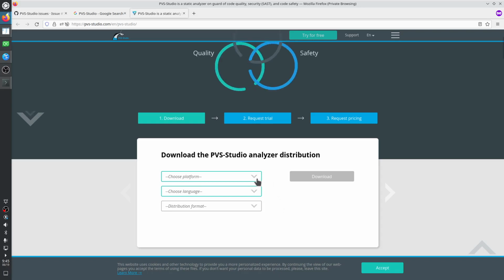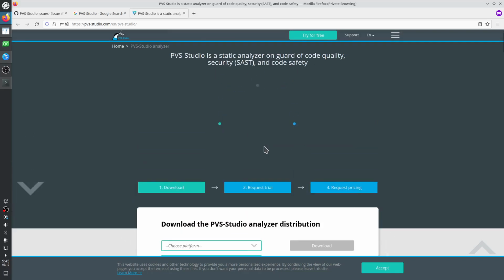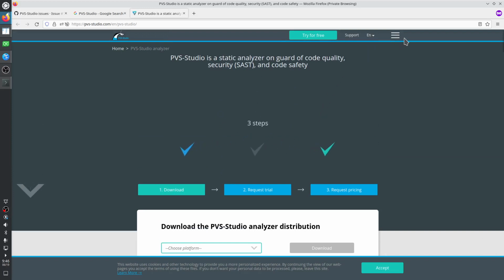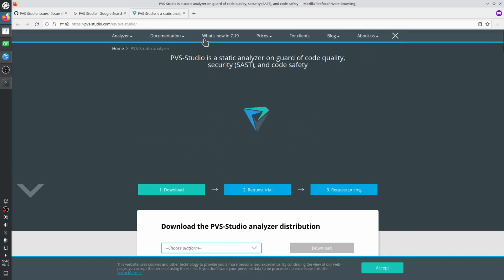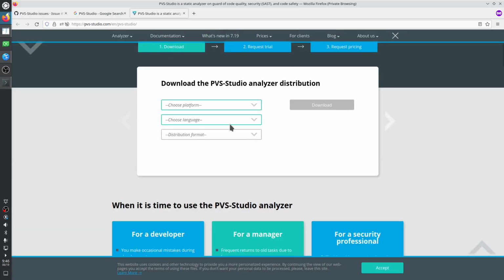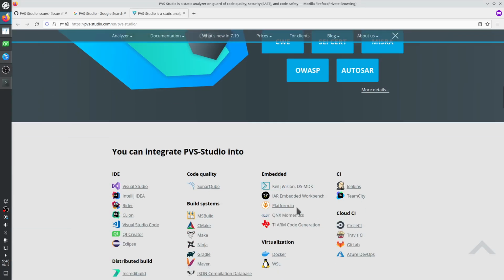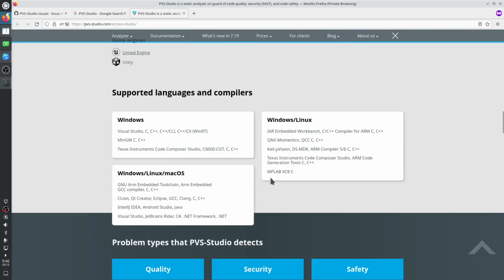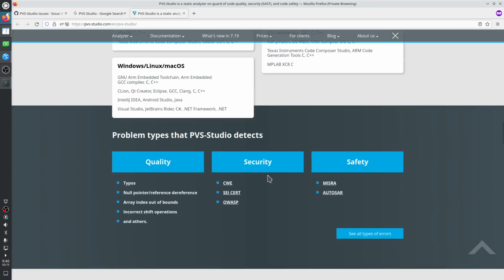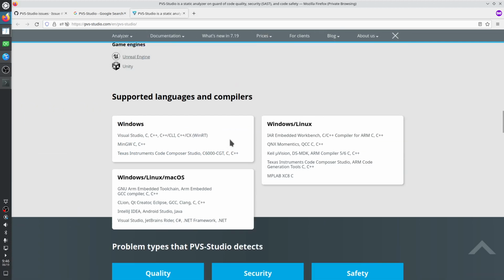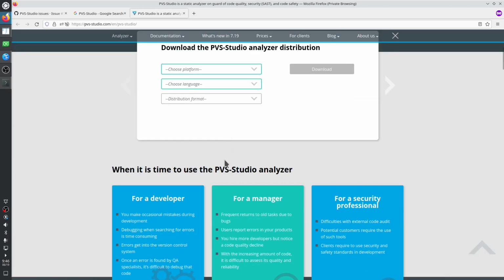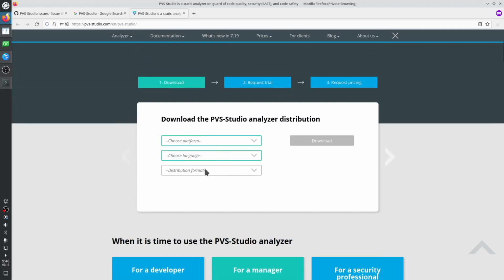Okay, I have requested a trial because I need the support for C++ and C, which is not available in